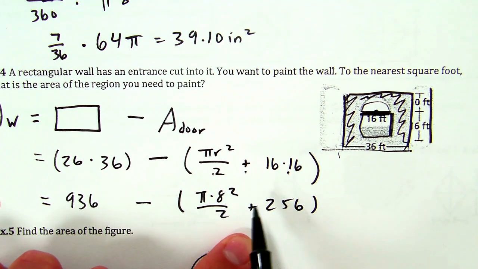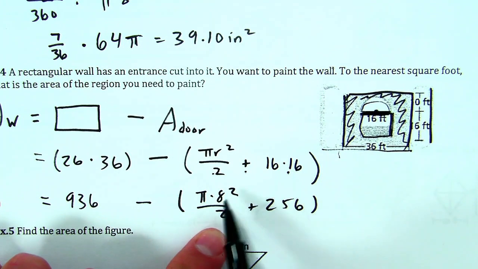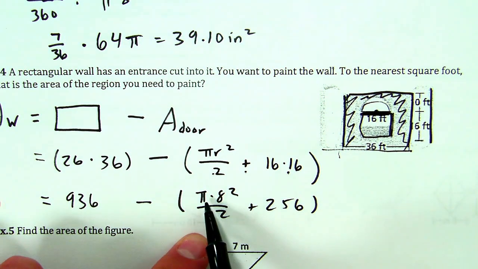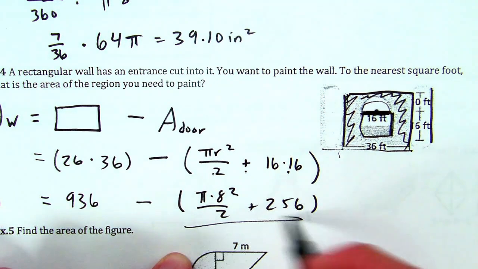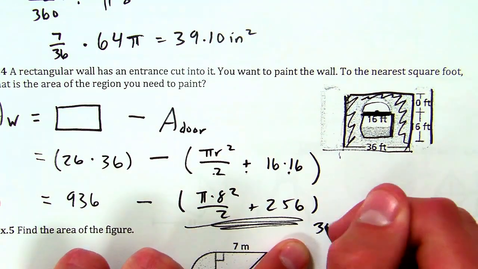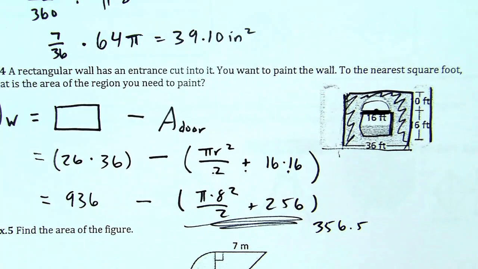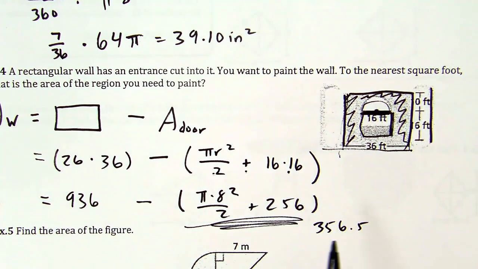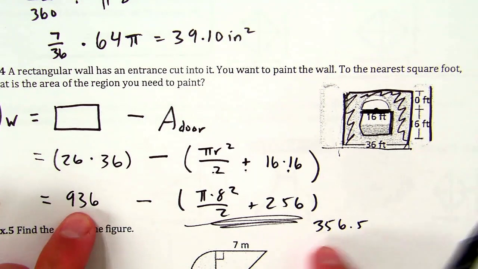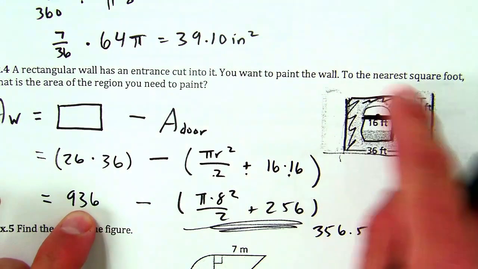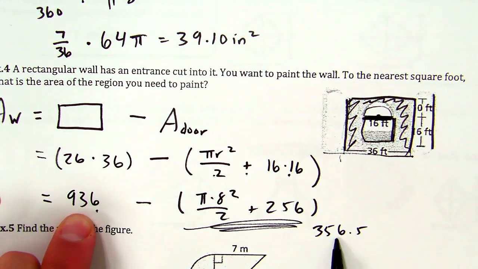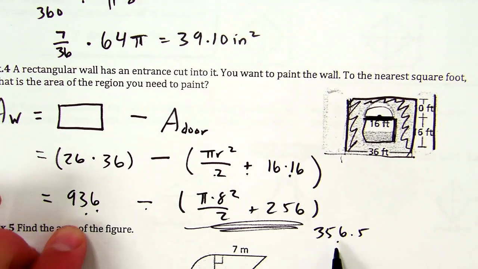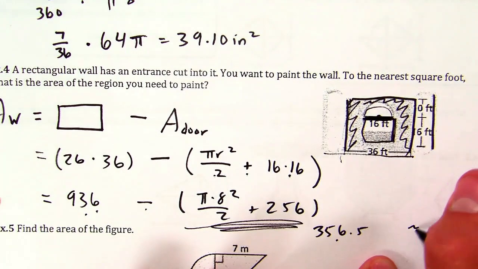So there's a lot to put in your calculator there, so I actually want you to try it. 8 squared times pi divided by 2 and then add 256. When you do all of this, confirm that you can get 356.5. So the area of the door, if you do it correctly, you should get 356.5. And now we don't want the area of the door, we want the area of this extra stuff. So we'll take the area of the wall minus that area of the door, so 936 minus this 356.5, and you get roughly